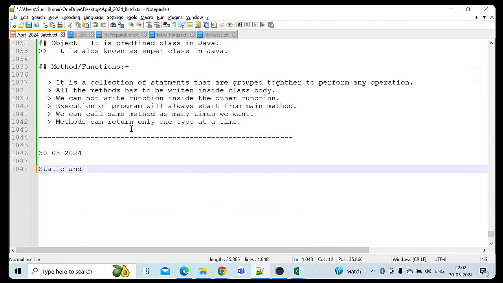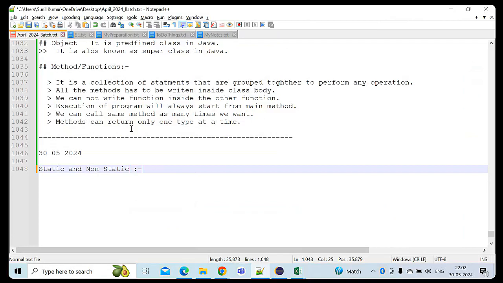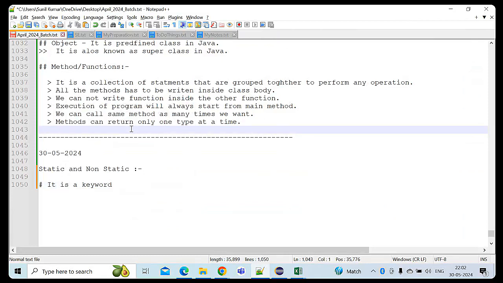Static and non-static. First I'll complete the theory part, the notes, then we'll go for a program. That will work for you. Okay. It is a keyword. First thing you need to remember is static is a keyword, and